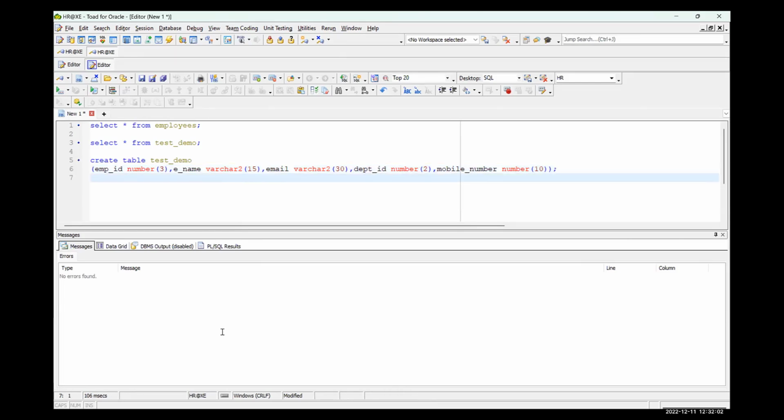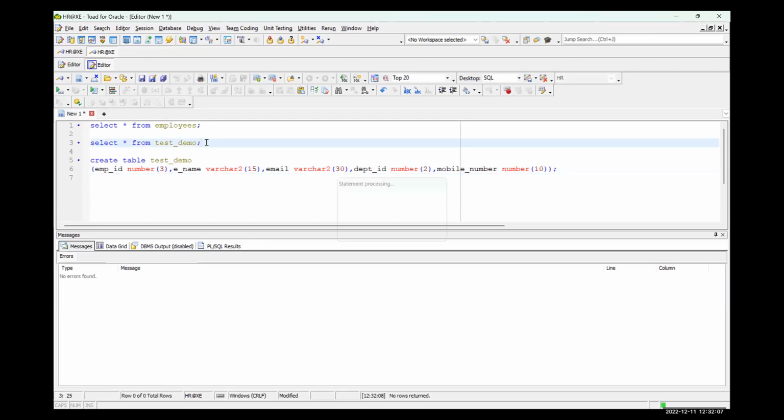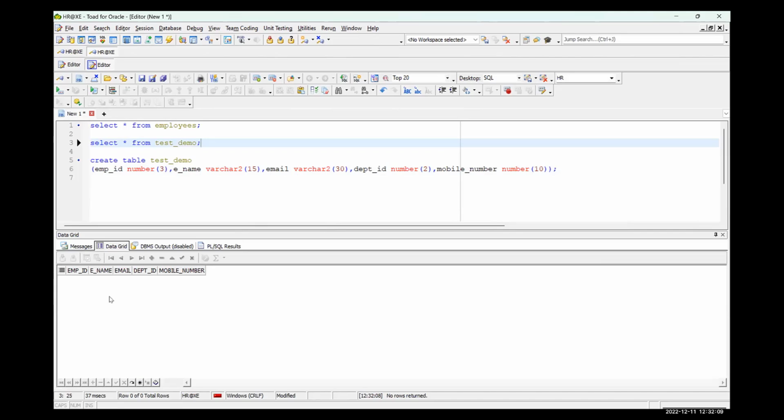Now let's select the data from this table. Select star from test demo. The table is created, but there is no data because we haven't inserted any record into this table. This is a blank table only. We have just created the object. To insert data, delete data, or modify data in your table or object, DML comes into the picture, data manipulation language.